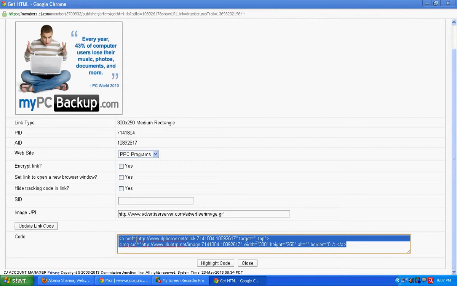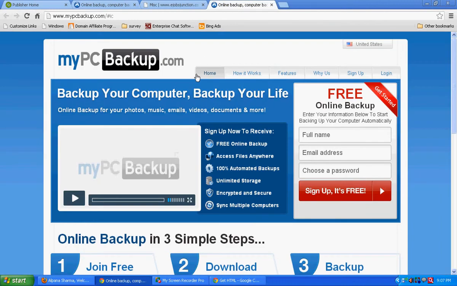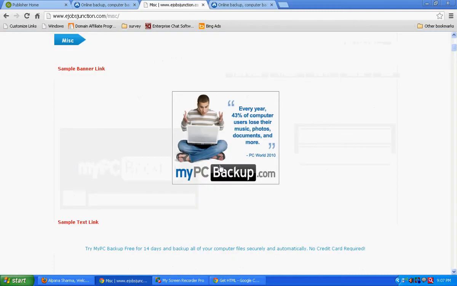So this code tells Commission Junction, let's say I have placed this code on this website. Whenever a user clicks on this particular ad, Commission Junction will be able to figure out with 100% accuracy that the visitor who clicked on this ad and made a purchase or generated a lead on this website was referred by me, if I have placed this ad.